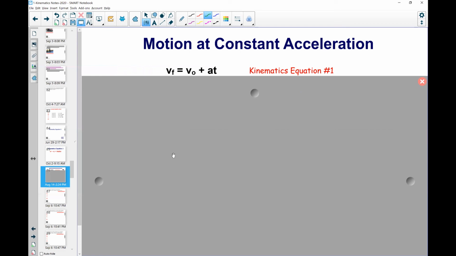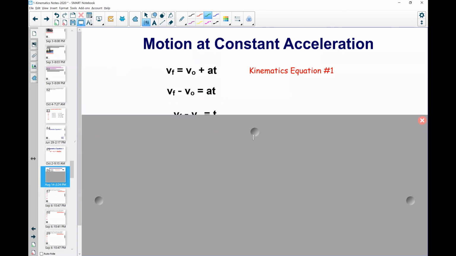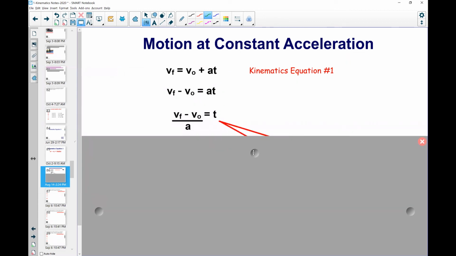You could do that a lot of ways. You could try to use an elimination process, but the substitution process is the way that it's most easily explained, I think. So if we start with the first kinematics equation, we know it's vf = v0 + at. The final velocity is initial plus a times t. If we just solve for t, the first thing we would need to do is subtract v0 from both sides. And then we would need to divide both sides by a, and that would isolate the t. So again, the reason we want to isolate the t is because we're trying to create an equation that doesn't have time in it. That way we can solve problems where the time is unknown. So we isolate the t, and now we're going to substitute that into equation number 2.